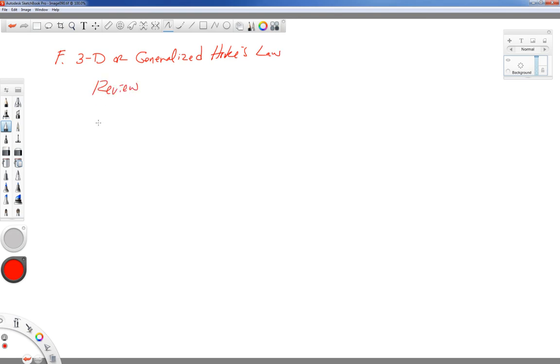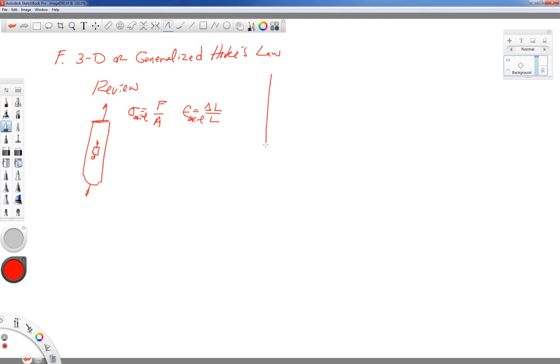So you may recall when we talked about having a tensile specimen, putting an axial force on it, we can generate a stress in the material, and the axial stress is the force divided by the cross-sectional area. At the same time, we end up having a strain in the material that we can find from the change in length divided by the initial length. These are both in the axial direction,